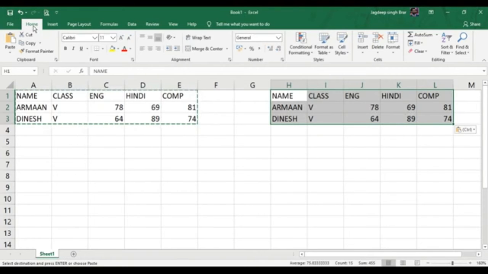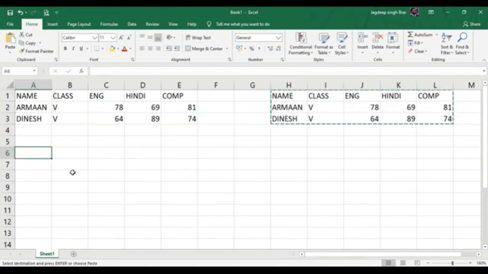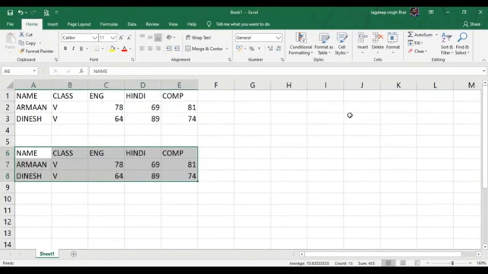Then click on the Home tab, under the Clipboard section select Cut, and then select the cell where you want to move that information. Then again click on the Home tab, in the Clipboard group, select Paste. So your content is moved from this location to this location in the worksheet.